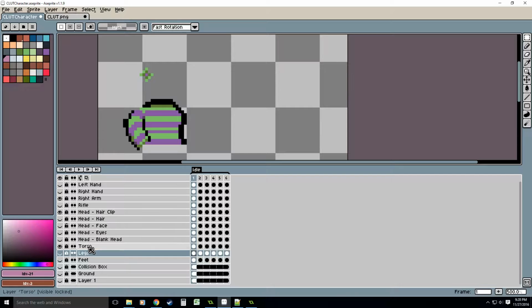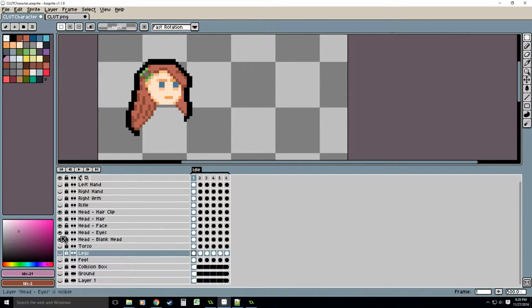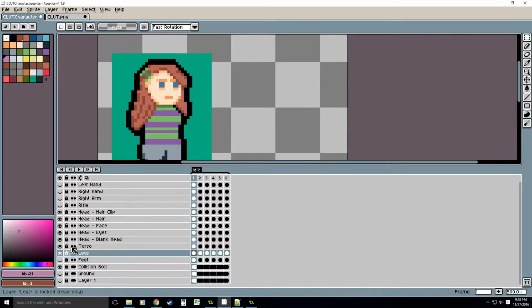Otherwise, you could break it into another layer and have just the greens and just the purples, but I don't think this is too much. This is like the limit to my tediousness here. But that way I break the sprite into a number of components. Then when you put them together,